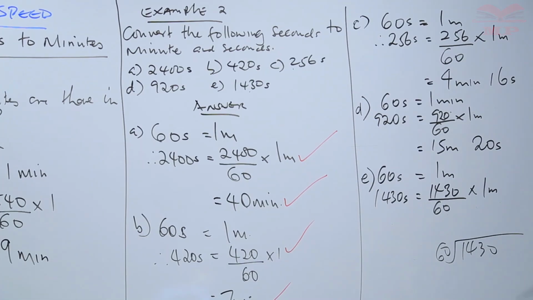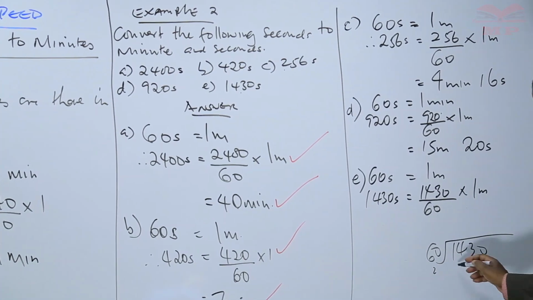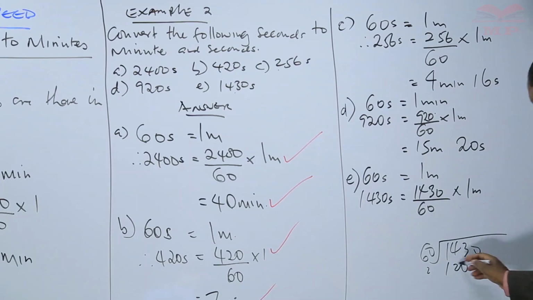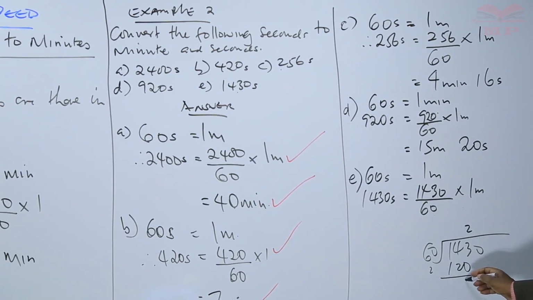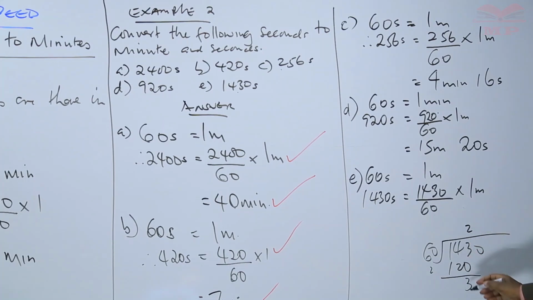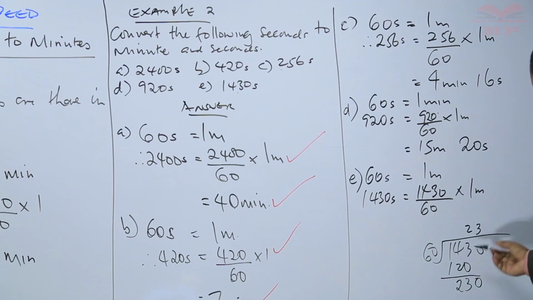60 goes into 143 how many times? This is 2 times. If you multiply by 2, the closest we can get is 120. So here we have 2, then you minus: 3 minus 0 is 3, 4 minus 2 is 2, then you bring this 0 here. 60 goes into 230 how many times? It's about 3 times, because if you multiply 3 by 60,